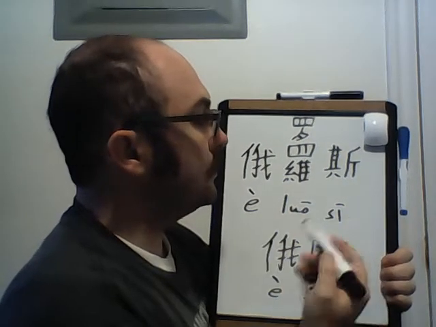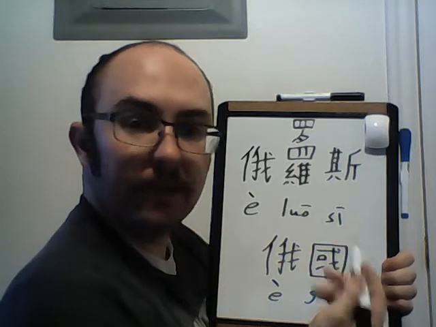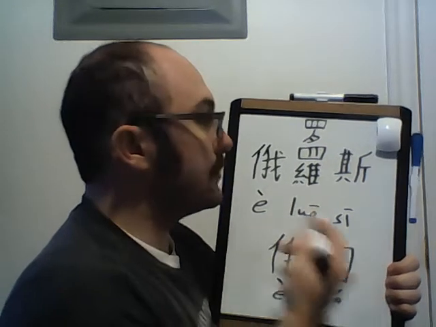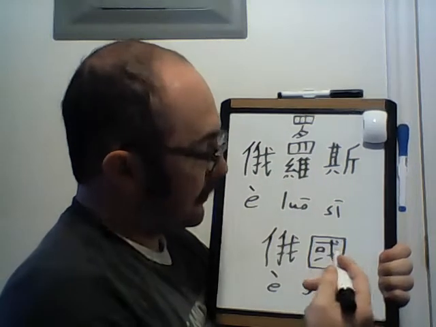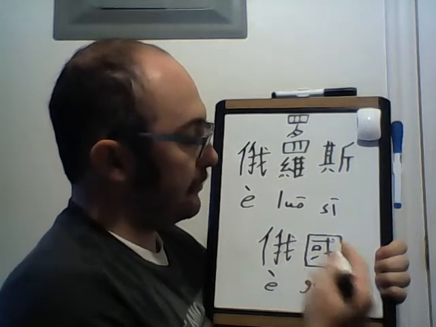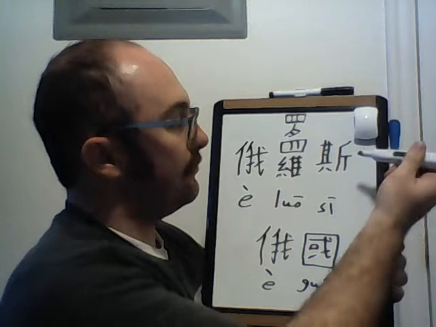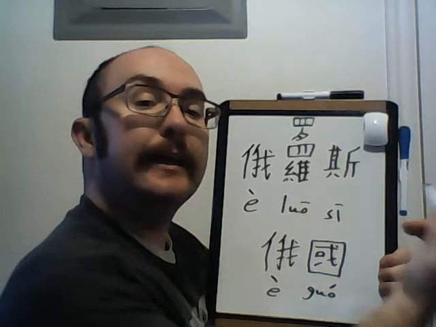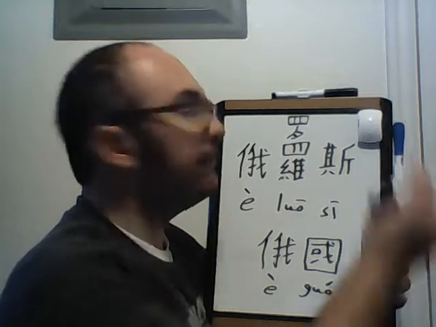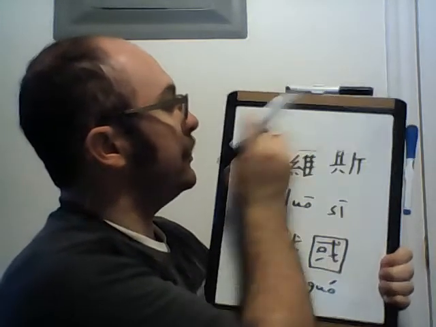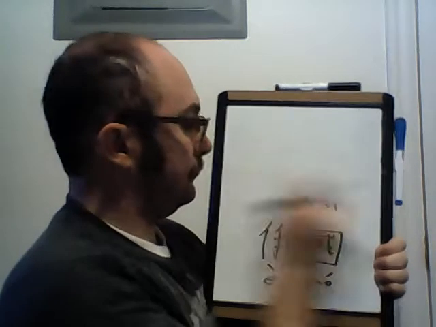俄罗斯, yeah. So just kind of know that this is a way you can say it, and know that this is a way you can say it. But what I would do for you speaking is just pick one or the other, and just kind of go with that. So Russia, 俄罗斯.